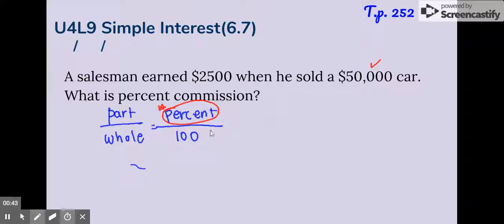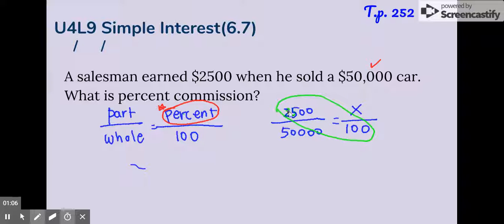of cars. So now I'm going to put part and whole. I'm going to just rewrite it again. So part, which is 2,500, and the whole, 50,000, and we're looking for percent, 100. You may just do cross multiplication now, but I would simplify first. So divided by 100, divided by 100. So now I'm going to put 25 over 500 is equal to x over 100. I know you still can simplify more, but I'll just